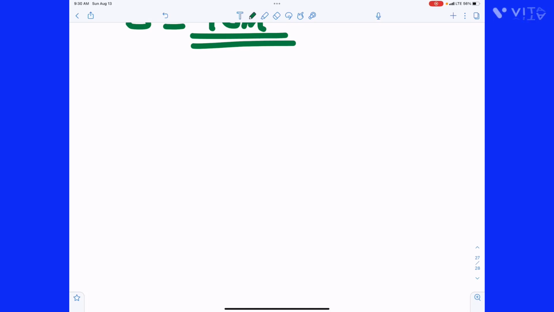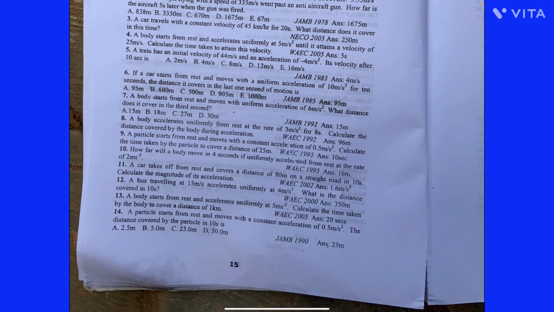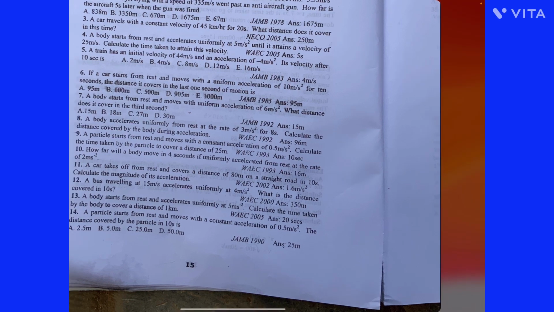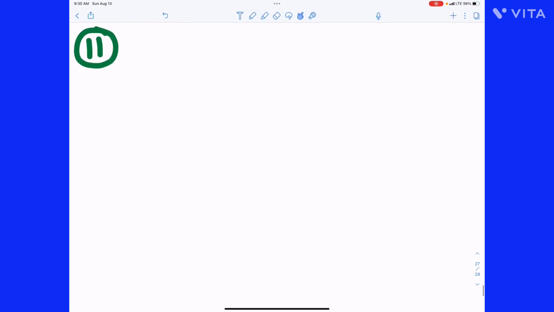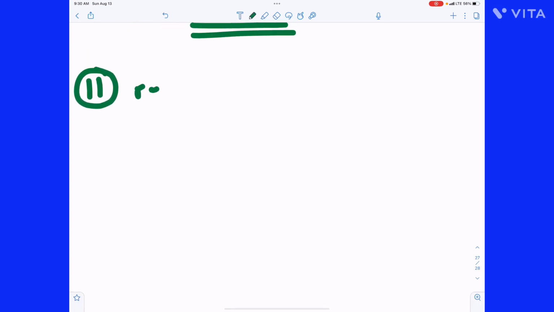Continue our linear motion exercise. We stopped at number 11. The question says, a car takes off from rest and covers a distance of 80 meters in 10 seconds. Calculate its acceleration. So rest means that the initial velocity